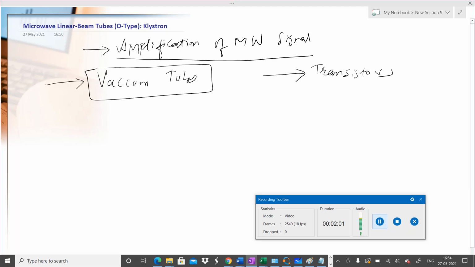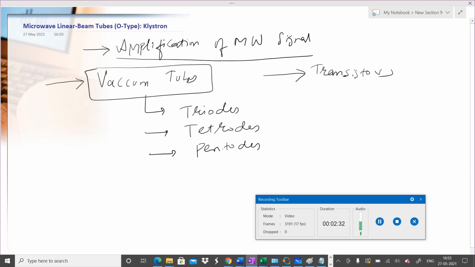So we had in vacuum tubes something called triodes and tetrodes and pentodes. We will not definitely go through it. It is obsolete now to study these things. One question which may come to your mind is why we are doing tubes. So the topic today is our microwave linear beam tubes. You definitely might have heard we also have microwave solid state devices.